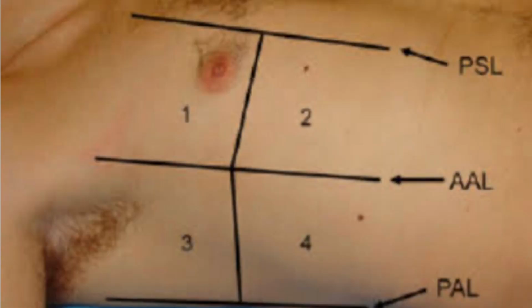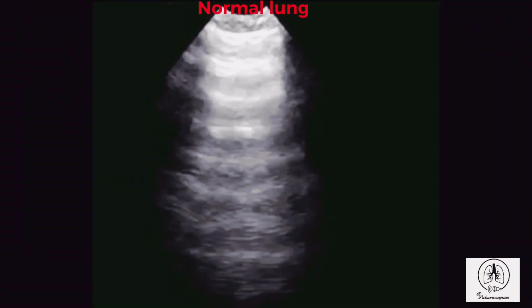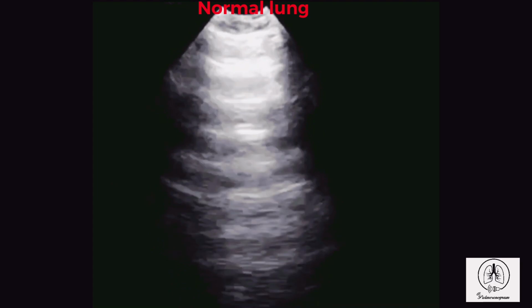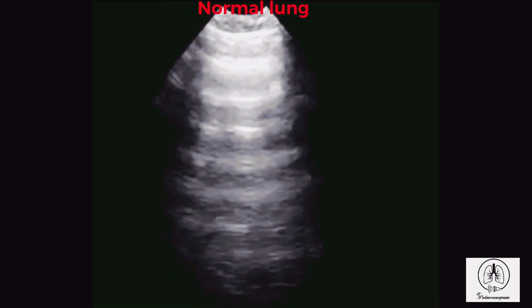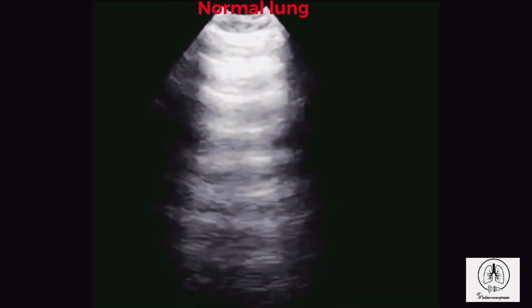In our last video, we have seen how the sliding pleura and A lines of normal lung occur. You can see the same sonoanatomy in all 8 essential zones on both sides and even in posterior zones also. After skin, subcutaneous tissue and intercostal muscles in between two ribs, you can see pleural sliding, which means both parietal and visceral pleura are in contact. Always remember, air is the enemy of ultrasound. An ultrasound beam will not pass beyond, and we can see only the reverberation artifact called A lines below the pleural line, and that means underlying lung, at least peripheral parts, are normal.